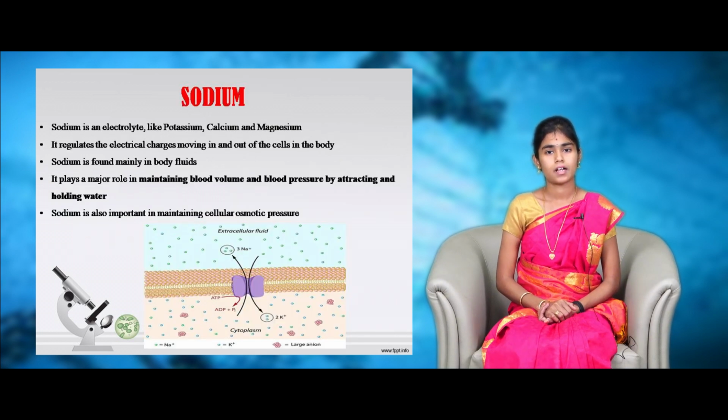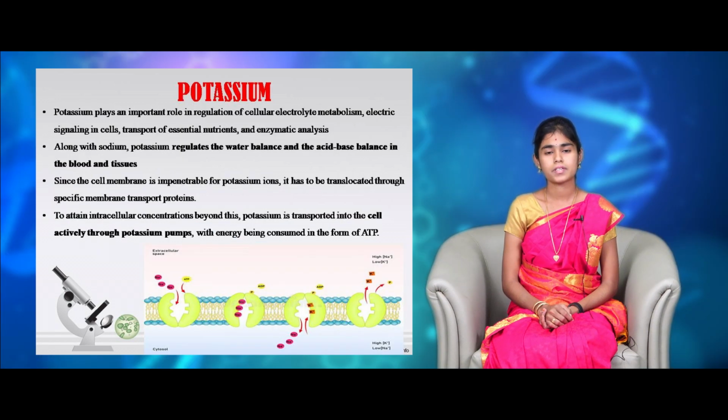Sodium. Sodium is also known as salt, which is an electrolyte which maintains the electrical charges moving in and out of the cell. It is also present in the body fluids which maintains the blood volume and blood pressure. Deficiency of sodium in blood cells leads to coma, swelling of brain, and even it may lead to death. Potassium is similar to sodium. It is an important intracellular ion present inside the cells. The role of potassium is to maintain the acid-base balance and water balance along with the sodium inside the body and tissues. The active transport of potassium ions inside the cells plays a crucial role to maintain cardiovascular and